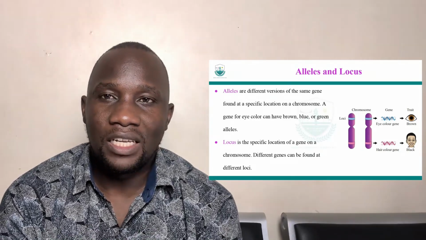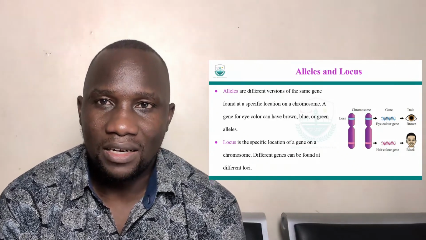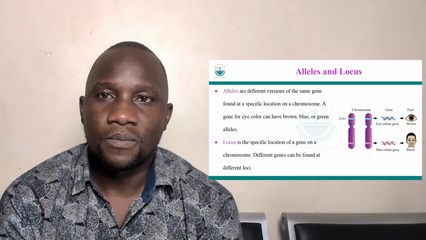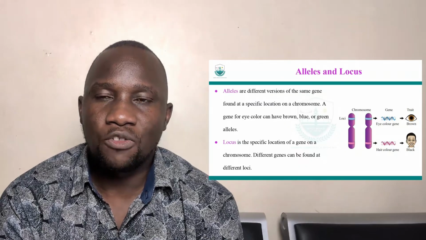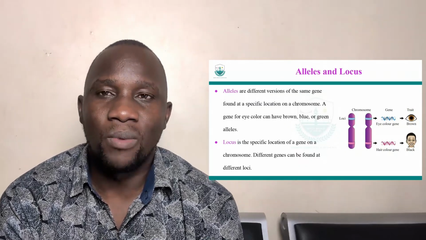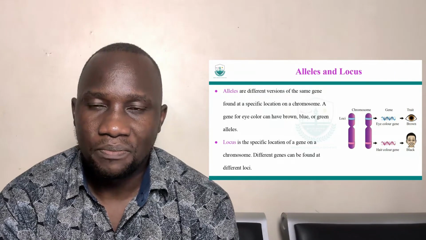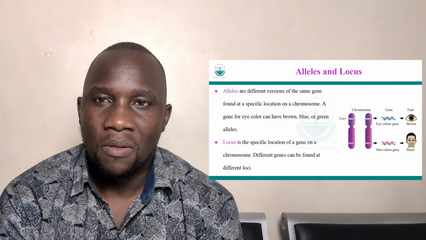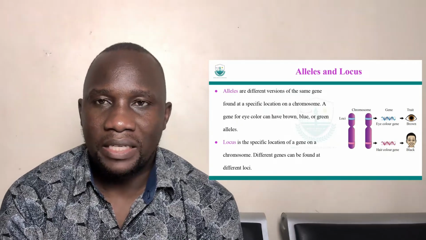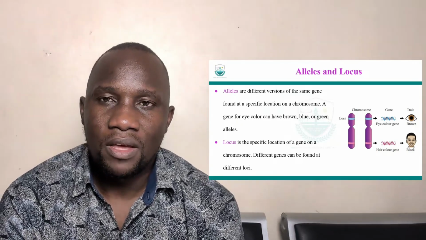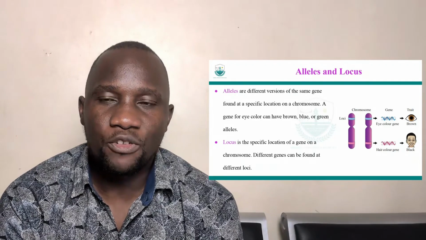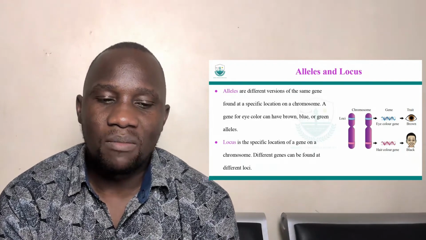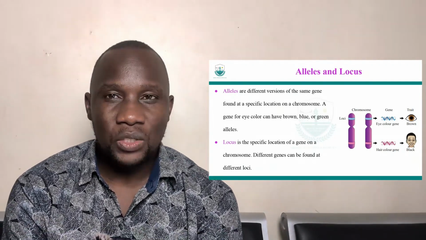So you can have a gene for eye color, right? The genes for eye color can be for brown, can be for red, but all of them are for eye color. We can term this as alleles. The different versions of the same gene located in a particular